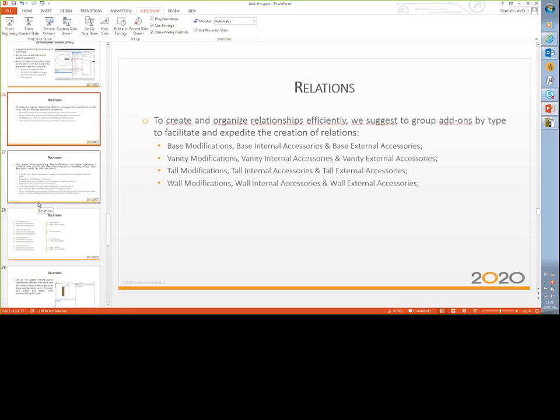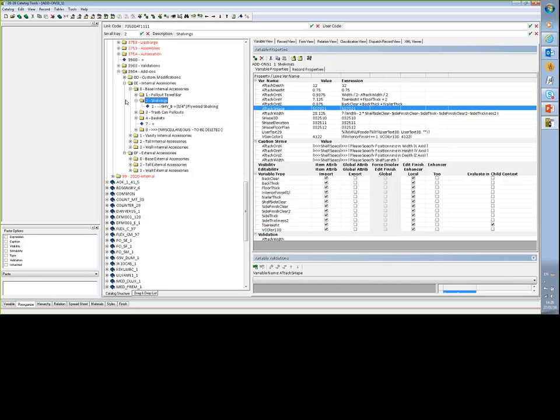Okay, so now we are with the relations. To create and organize the relationships efficiently, we suggest to group the add-ons by type to facilitate and expedite the creation of the relation. This is a little bit similar to what we were discussing during our first WebEx session with the best practice. So we suggest to have base modification, base internal accessories, base external accessories, same thing for the vanity, the tall, and the wall. So we have different sections here